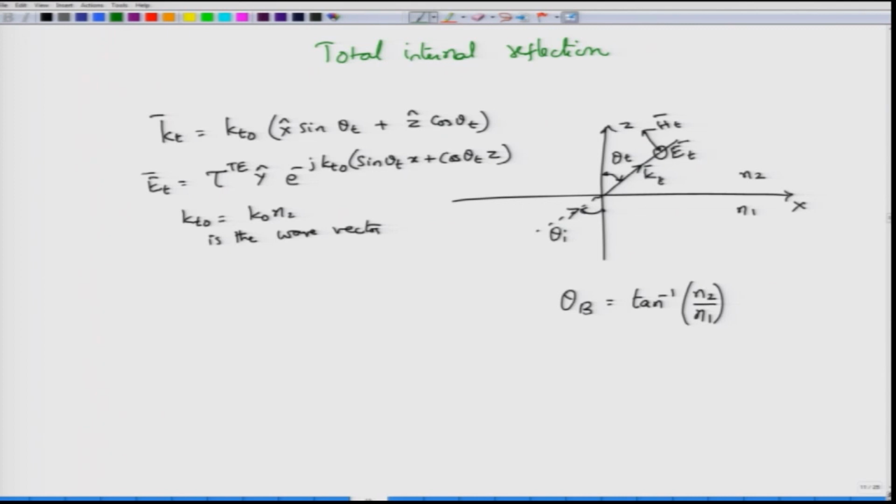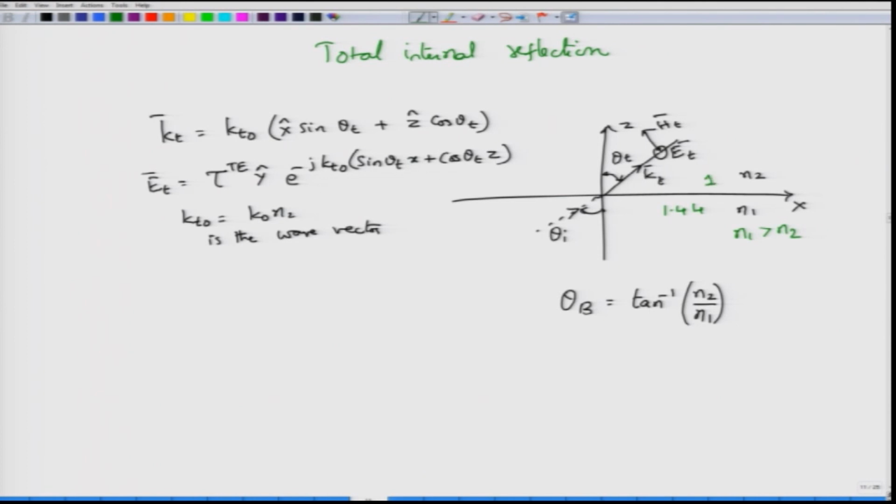So, this is a situation that we are now quite familiar with since the last 2-3 modules. We have a wave incident at an angle theta I and the wave which is now transmitted at an angle theta t. I am not interested in the reflected wave at this point, I am only interested in the transmitted wave, but now with a very important consideration that n1 happens to be greater than n2. For example, this could be fused silica with refractive index 1.44 and this could be air.